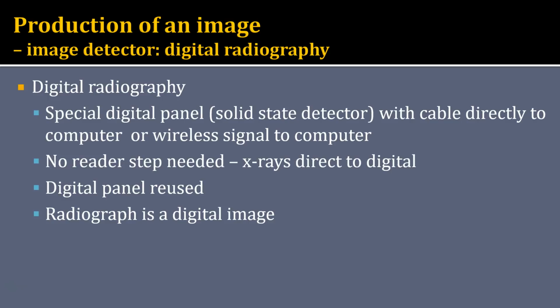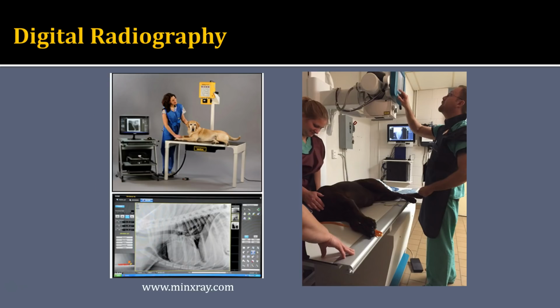So our X-ray goes directly to a digital signal. This makes it very fast as well. It takes about 8 seconds to produce an image compared to 60 to 90 seconds for both film screen radiography and computed radiography. This digital panel can also be reused, and again, we end up with a nice digital image that can be viewed and